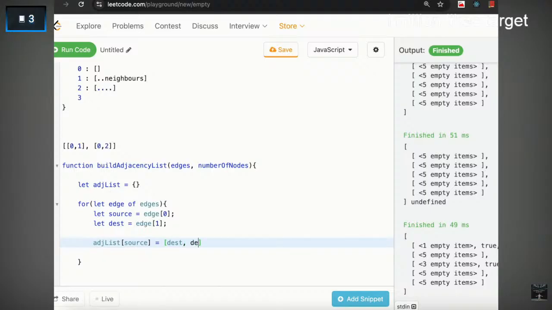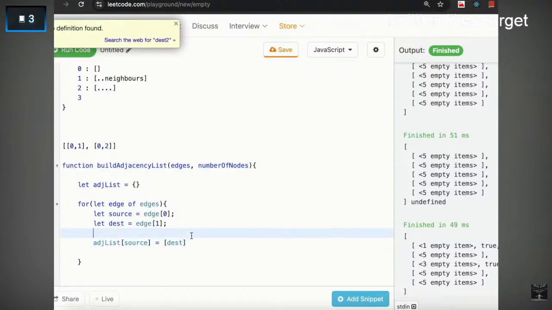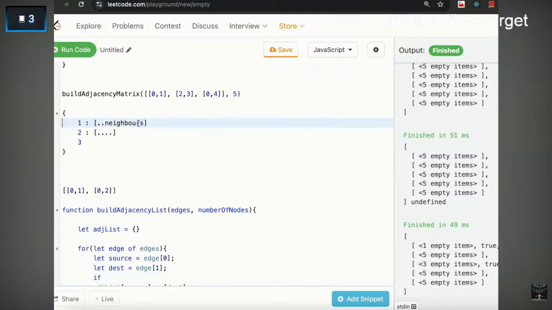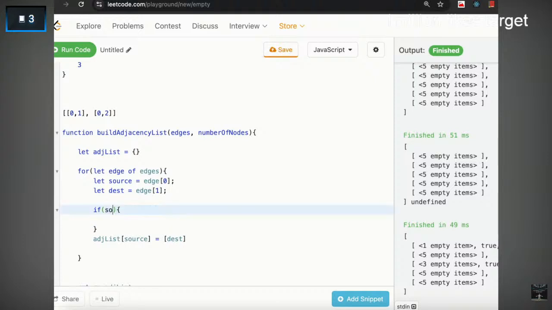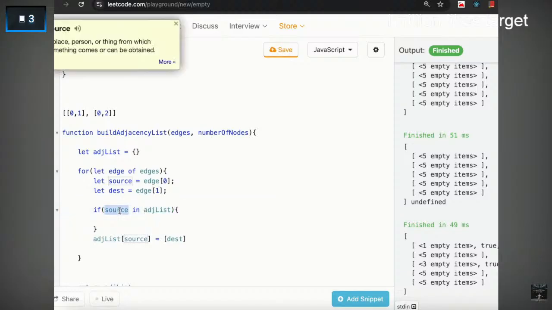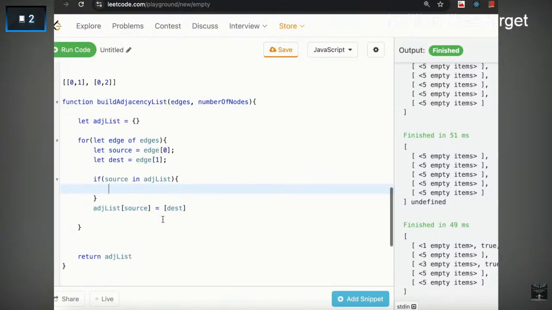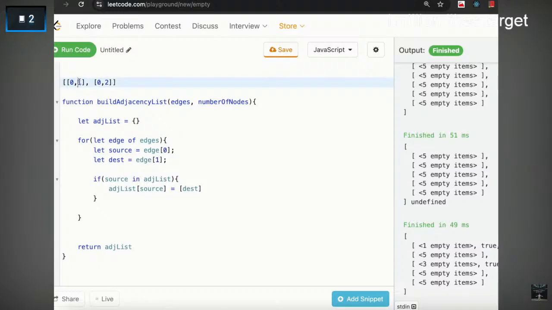तो हमें ये वाली चीज़ भी स्टोर करनी है कि दूसरा डेस्टिनेशन भी इसमें स्टोर होना चाहिए। तो पहला ऑपरेशन, अगर जीरो वाली एंट्री है ही नहीं, तब तो हमें उसे क्रिएट करके एक एरे बनाना पड़ेगा, ठीक है। तो हम वही लॉजिक अभी लिखेंगे। तो इफ दिस एग्जिस्ट, यानी कि उस पर्टिकुलर सोर्स की एंट्री है उस ऑब्जेक्ट में, ठीक है। तो ये एक तरीका है जिससे आपका नॉन एग्जिस्टेंट है या नहीं ये चेक हो जाता है। या फिर आप एक और तरीके से चेक कर सकते हो, इफ सोर्स इन एडजेंसी लिस्ट, तो ये बताता है कि इस नाम की की प्रेजेंट है या नहीं इस मैप में, ठीक है। तो अभी मुझे दिख रहा है कि जीरो प्रेजेंट नहीं है, तो मुझे इसमें एक एंट्री बनानी पड़ेगी, ठीक है। और पता है कि 0,1 जो वैल्यू आ रहा है मुझे स्टोर करना होगा।